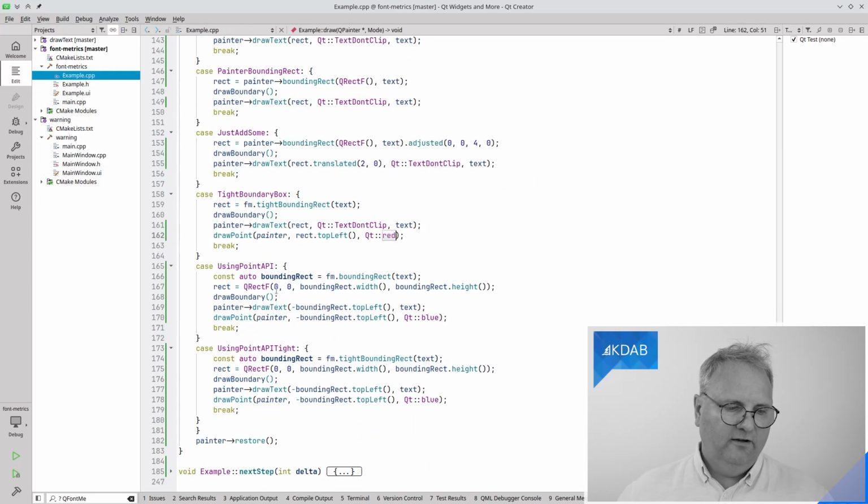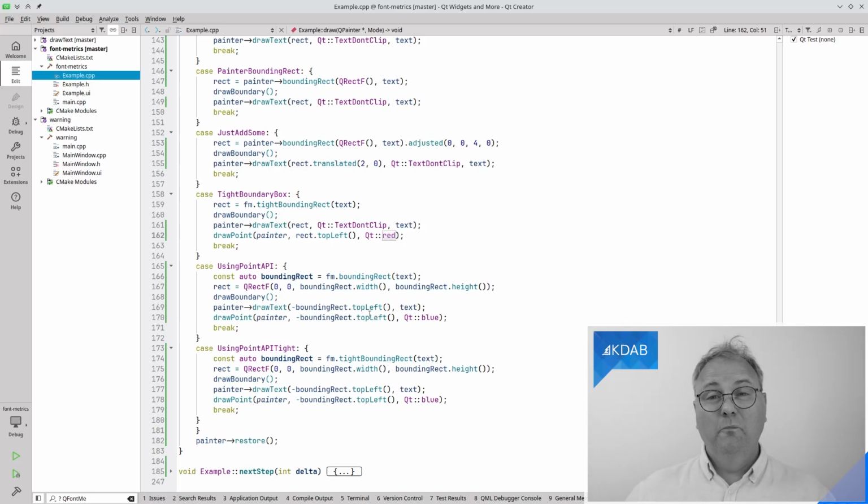so you can see that I am indeed doing the right thing using the Point API. So I go to the boundingRect of my QFontMetrics here for this text. My rectangle is 0, 0, boundingRect width, boundingRect height. I draw the boundary box as I've done before. It looks perfectly okay. I draw the text, this time with the one taking a QPoint, not the one taking a QRect. I need to write minus boundingRect at top left, which makes me wonder, am I completely wrong in all